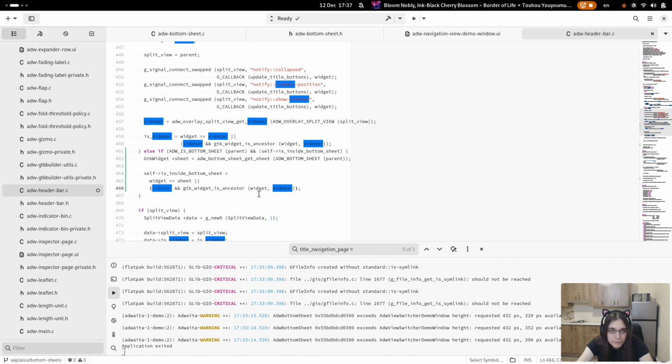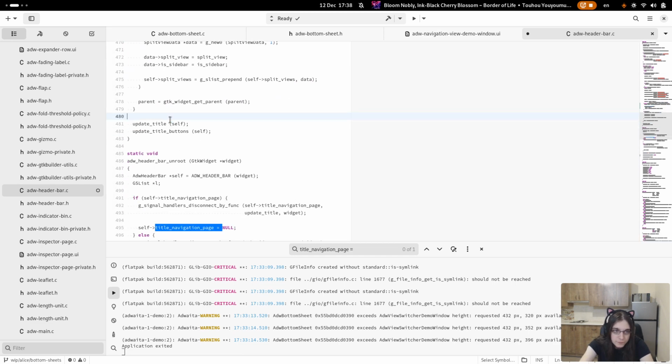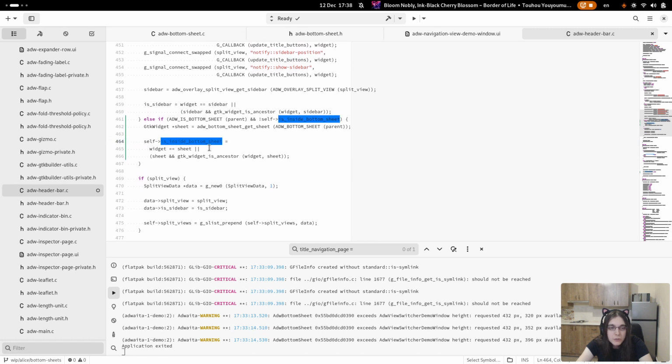Or if it exists and it's ancestor of this header bar, then we know we're inside the bottom sheet. And now that we know that,